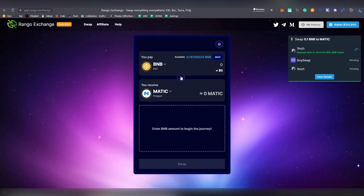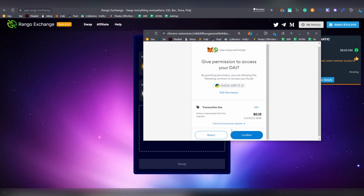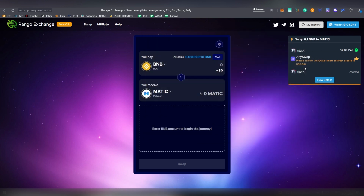And obviously because it's routing through multiple different pathways, as we saw with the different pairings there, it's going to take different amounts of time. You always have to remember that if you're using Ethereum or something else, there is going to be some routing which is going to go through multiple hoops. And if the chains are slow in general, like Ethereum or Bitcoin, it's going to take a bit longer to go through all the confirmations. And now we're going to be confirming the route here. Sometimes, because you are swapping assets across different routers, there might be some approval fees. You can always see the preview of the different routes that it will take. So obviously the more times you use